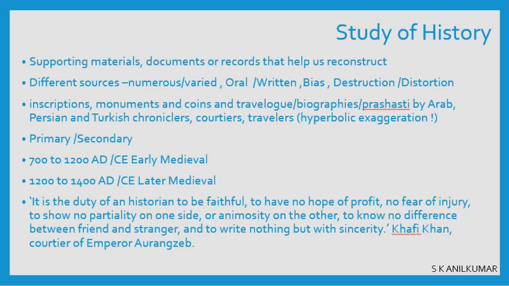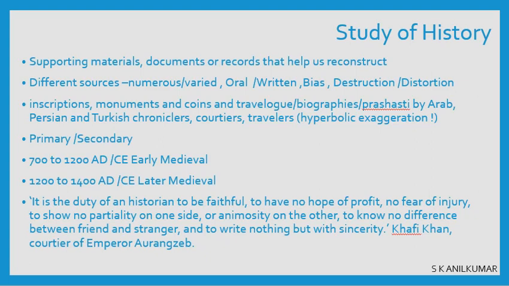Now we know in 712, when the caliphate general was able to subdue Sindh for the first time, from that time onwards travelers from the Arab world were coming to India and exchanging the culture. So the travel logs, a lot of them are available to us. Now there are some primary sources of history, some are secondary sources of history. So that is also a difference we need to understand when we try to understand the history.